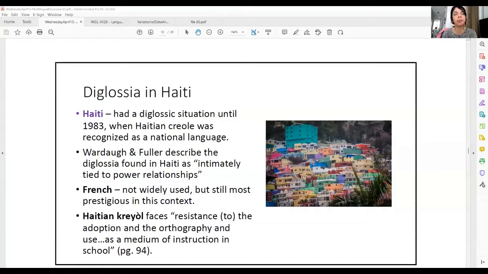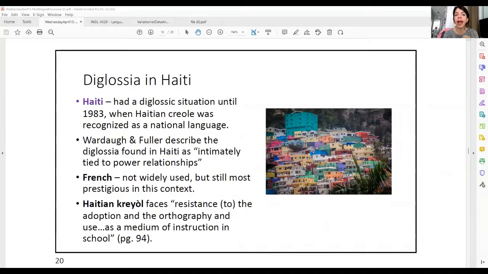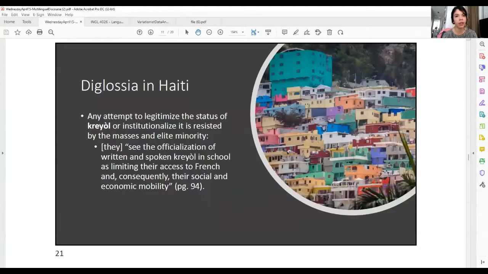Why? Because there's this perception that Haitian Creole won't give people access to prestigious jobs, to employment opportunities, to life outside of Haiti. So there has been resistance to the adoption and the orthography and use of Haitian Creole, specifically as a medium of instruction in schools. Even though French is not widely used, it is still perceived within Haiti as the most prestigious language. So any attempt to legitimize the status of Creole or institutionalize it is resisted by a lot of people, specifically